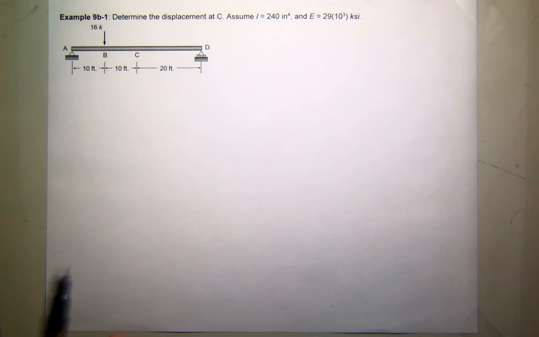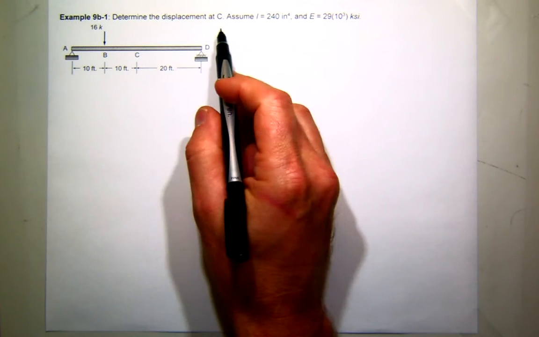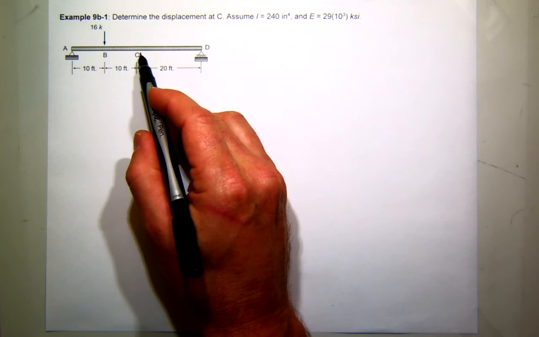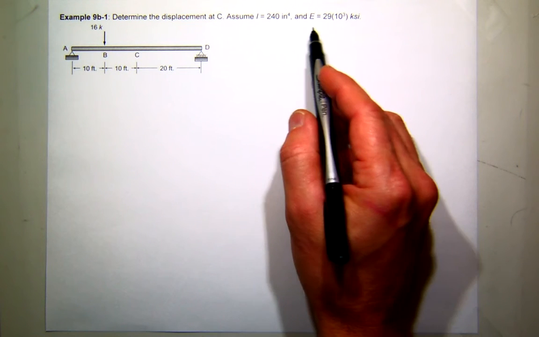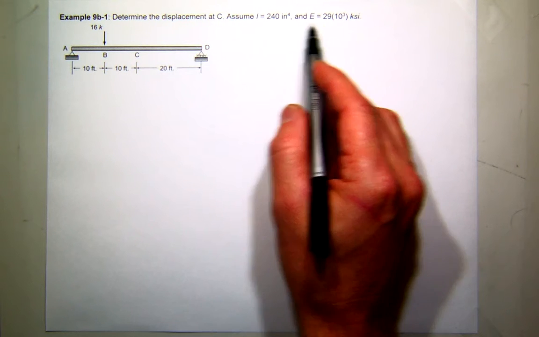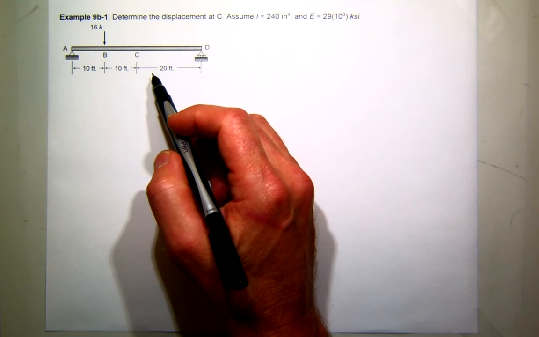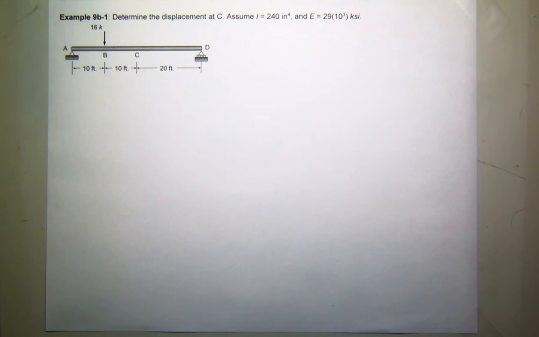Alright, so for this problem, we want to find the displacement at point C, which is actually the midpoint. We have values for the moment of inertia, and we have values for E. And we're going to use virtual work for this problem. So what are the sections of the beam that we need to